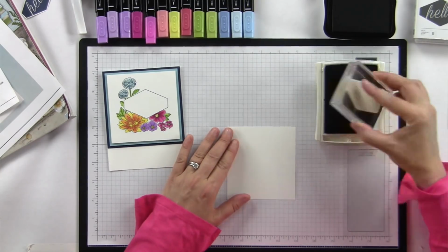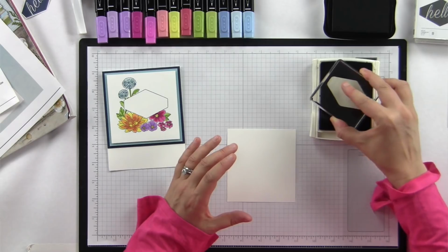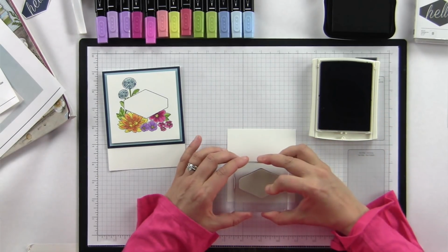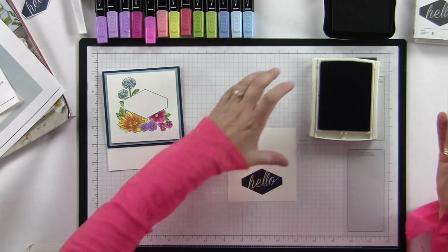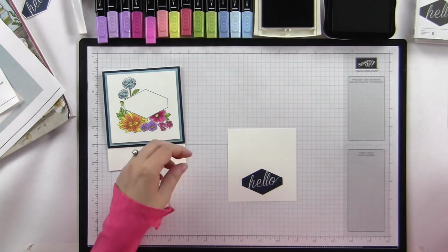Let's switch it up a little bit, right? So I'm just going to ink this up really, really good. You can kind of look at it, do a few taps, just make sure you've got nice, good coverage. Push pretty hard, and oh, it's stunning, right? It's just so pretty. I absolutely love it. I love it. All right, so here is your tailored